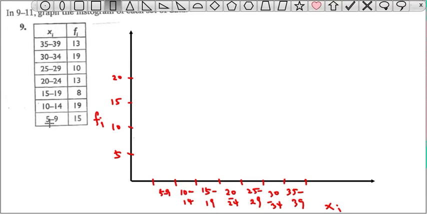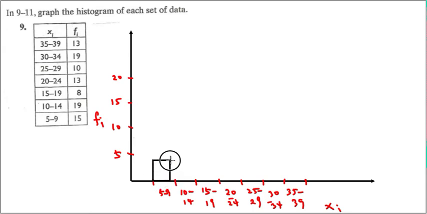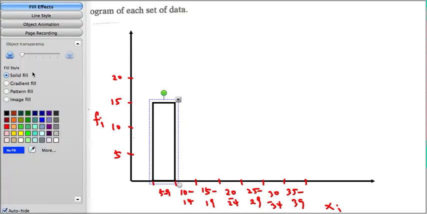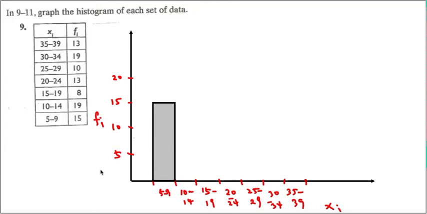The 5 through 9 class would be 15, so 15 would be around here. And maybe I'll color this one gray. How about that? Second one is 19,